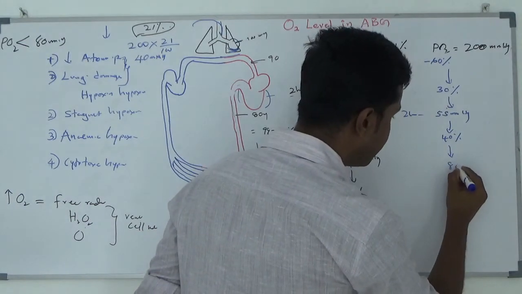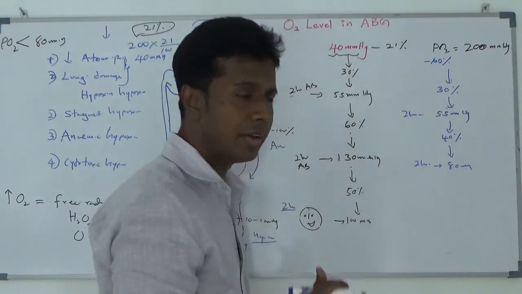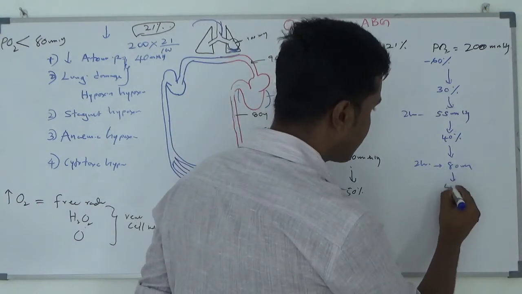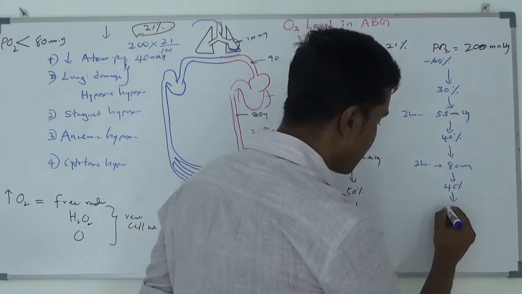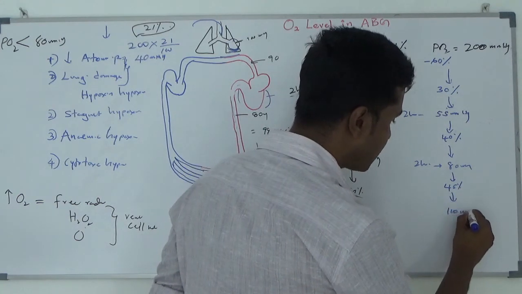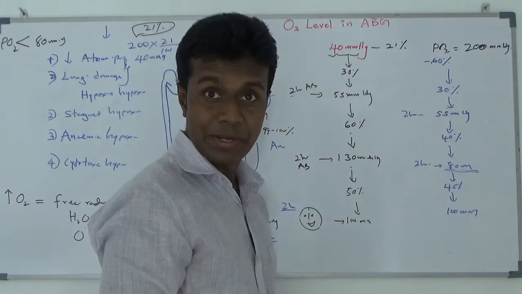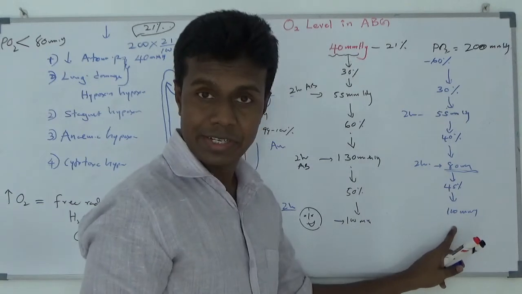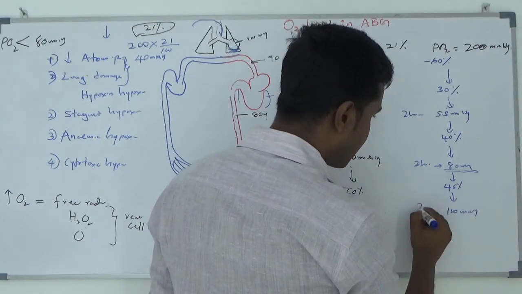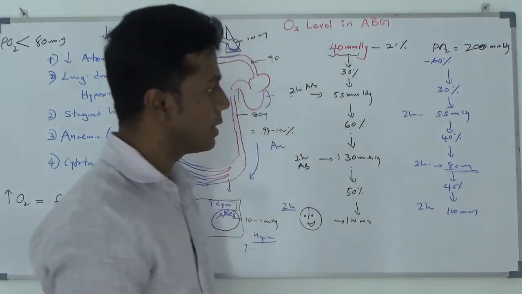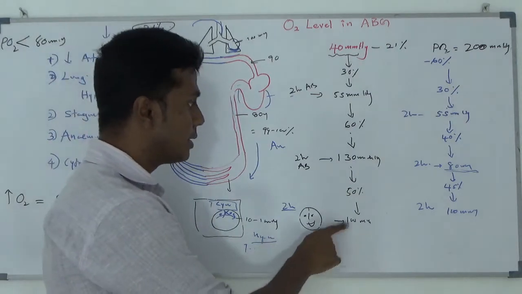Came value of 80 millimeter mercury. I want to have 100, because of that I increase into 45%. Then I repeat ABG, I came value of 100 millimeter mercury. 80 also doesn't matter, but I am so enthusiastic, because of that I want to keep it sharp at 100 millimeter mercury. So I achieve 100 millimeter mercury with 45% of oxygen.